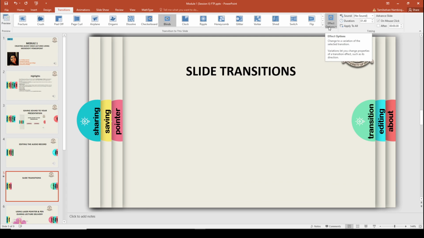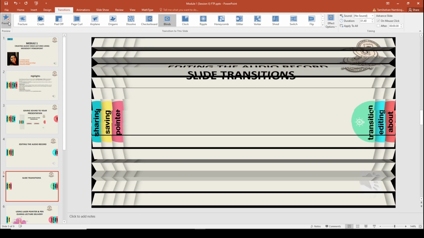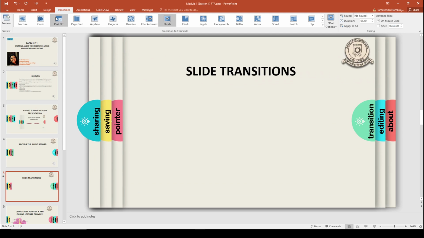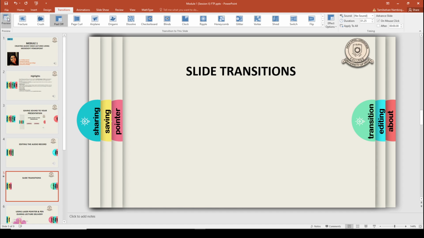If you want to see how this effect is going to look, you can click on this preview button and see it. You can do this multiple times. Every time you click on something, it shows by default, but if you want to preview it again, you can click on this icon and see it.